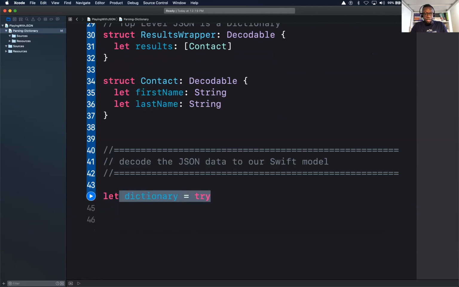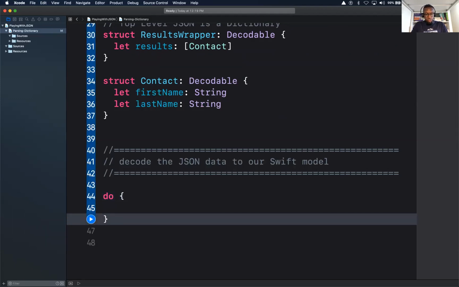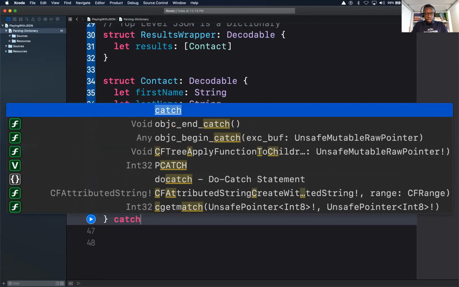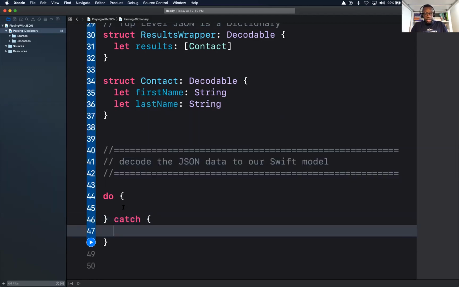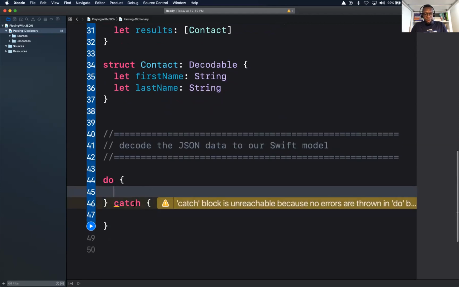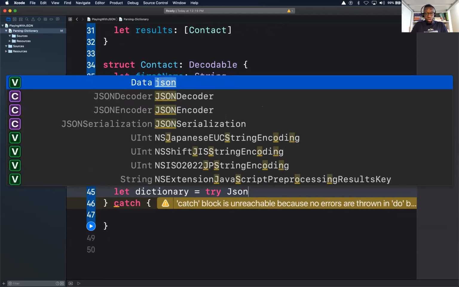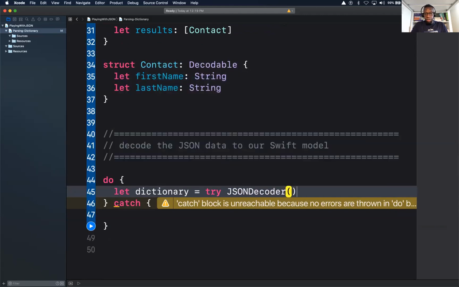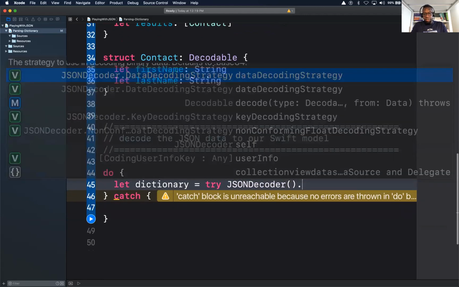Actually, let me just wrap it in a do-catch, sorry. So here we could throw an error, so we have it in a do-catch. In case we do throw an error, it's caught in the catch block. So here I'll say let dictionary equal to try JSONDecoder dot decode,